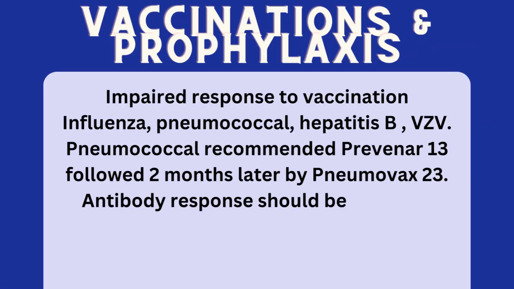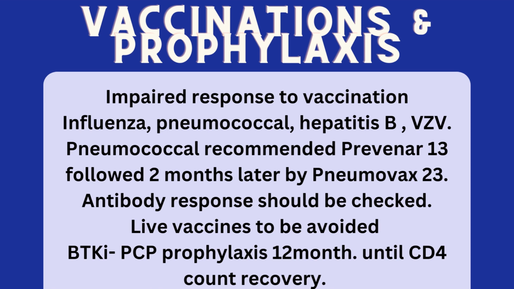One of the hallmarks of CLL is progressive immunodeficiency, characterized by impaired responses to vaccination, including influenza, pneumococcal, hepatitis B, and varicella zoster virus. At diagnosis, pneumococcal vaccine is recommended, followed at least 2 months later by the polysaccharide vaccine Pneumovax. The recombinant varicella vaccine Shingrix is safe for patients with CLL and is available in the UK for those aged 70 to 79. But live vaccines such as the MMR, live polio, yellow fever, and varicella vaccine Zostavax should